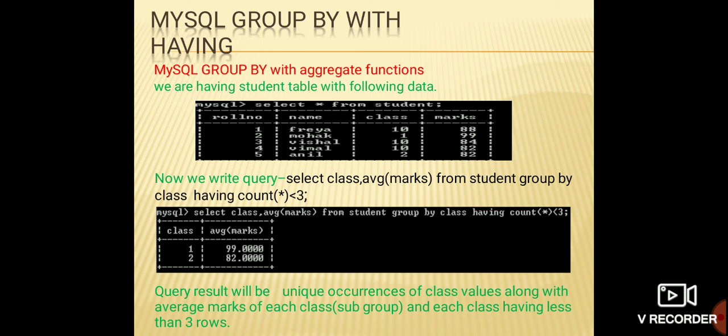So you can see specifically that in class 1 only one data is there, so I have applied only one data. Now in class 2 only one data is there, so I have applied only one data. But in class 10 you can see there are 3 datas. So as per the condition I could not take 3 data, so it will not be applied in this.